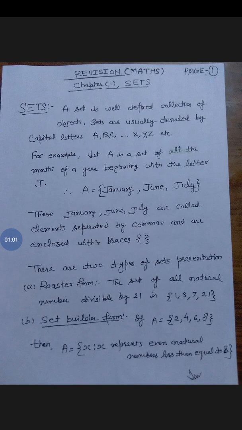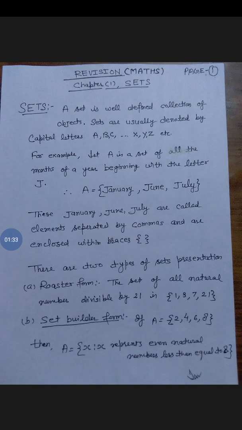Similarly, a set of vowels. All of you know that A, E, I, O, U are the vowels. So that is well defined. Now which is not a set, which is not well defined? Suppose most talented person of the world. There are different opinions on the most talented persons of the world. That's why you can't make a set of this type of person.